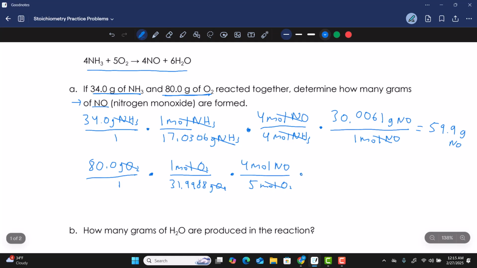The moles of O2 would cancel, and then we would want the molar mass of NO, which we already calculated to be 30.0061. And that would be equal to 1 mole of NO. So now that moles can cancel, and that would give us the grams of NO. And so we can just type all of this into our calculator. And when we do, we would get